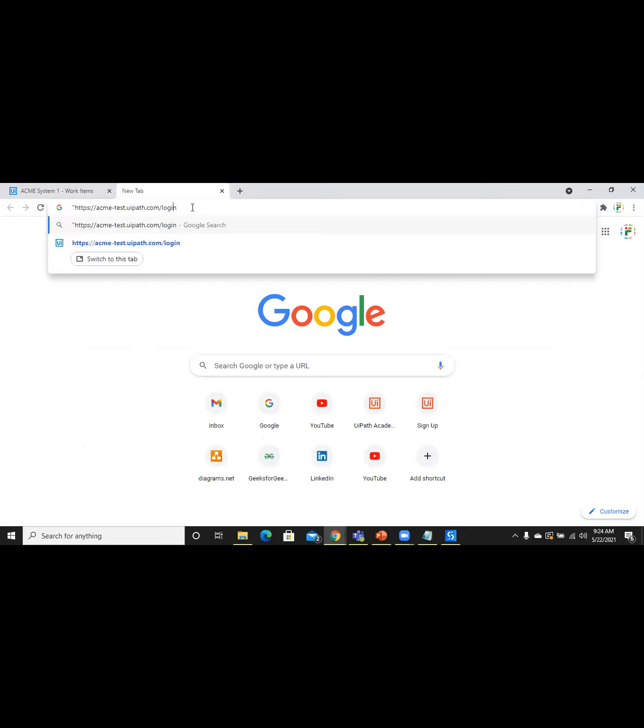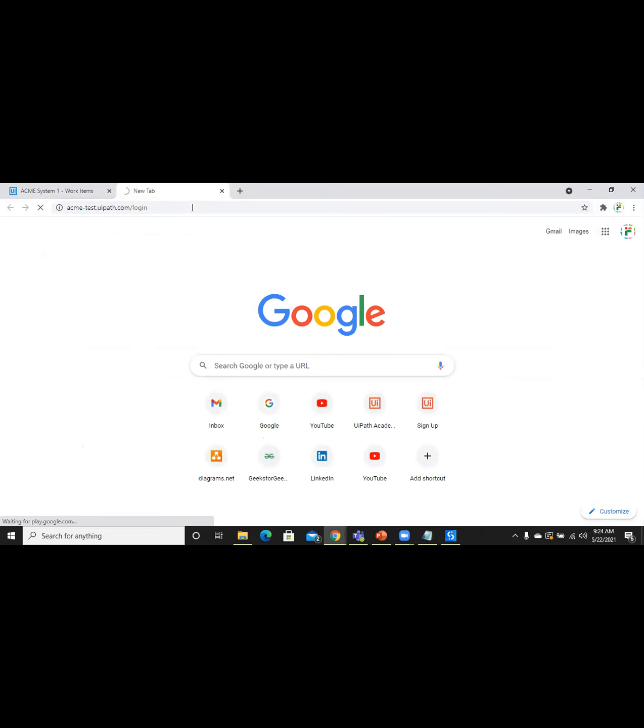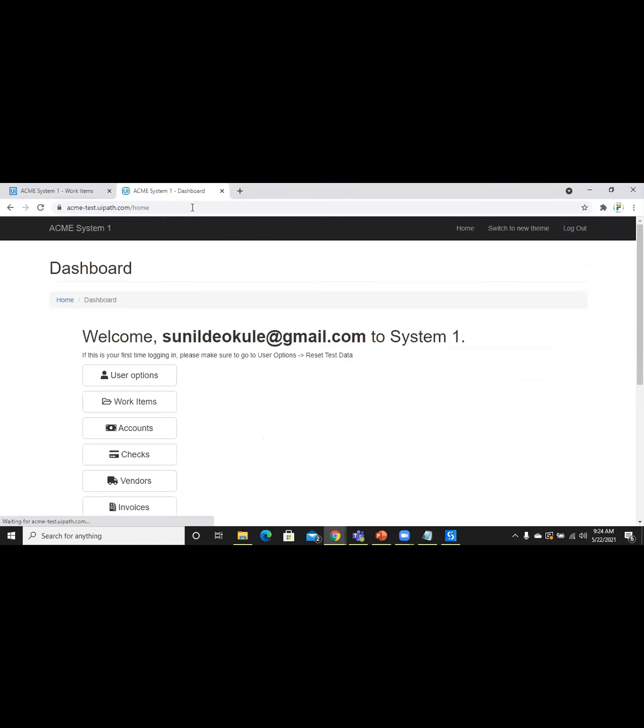But you should remember, whenever you give a browser link to Open Browser or anywhere, you should put it in between double quotes. And to open the link, you click directly here. So our link is open.